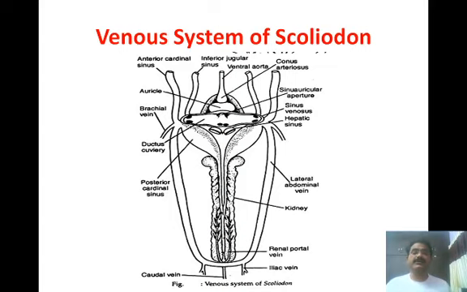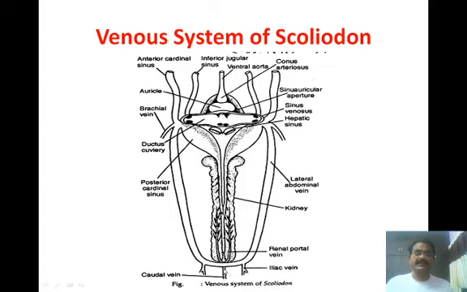Now the veins have the ability to collect the deoxygenated blood from the different parts of the body. The anterior cardinal sinus collects the blood from the head region, and the posterior cardinal sinus collects the blood from the posterior most end of the body. The lateral abdominal veins collect the blood from the lateral side of the body. The last vein of the posterior system is known as the caudal vein, which collects the blood from